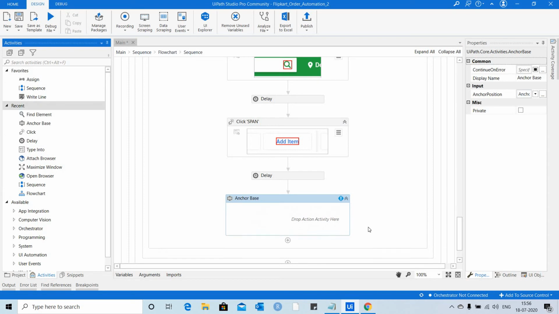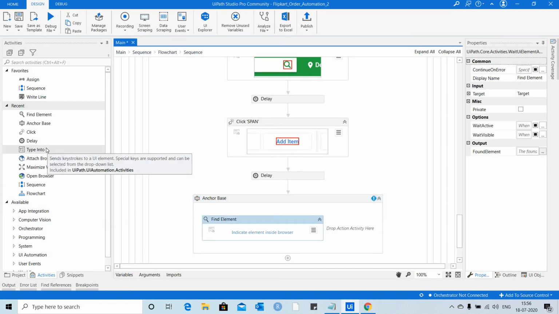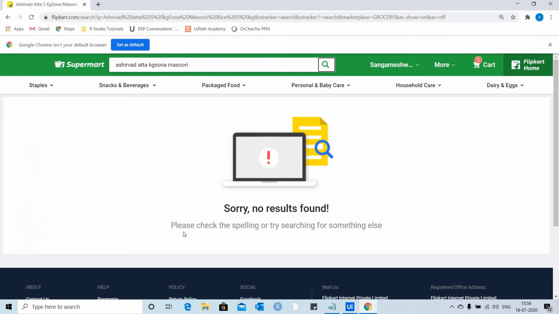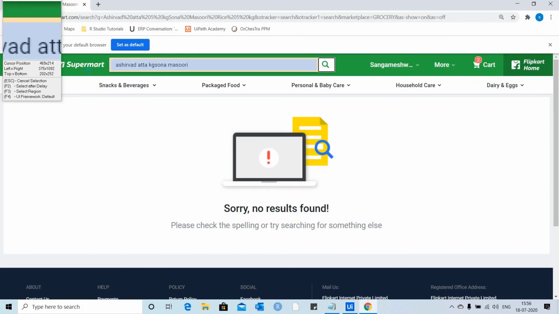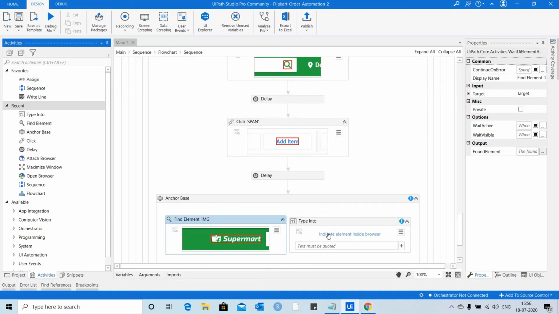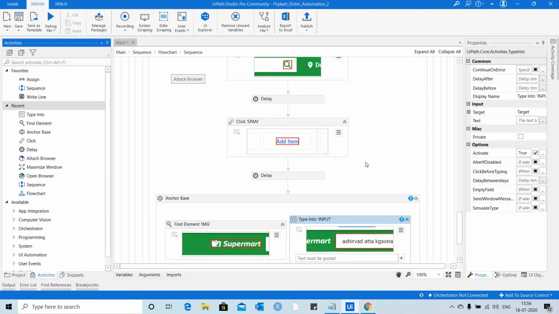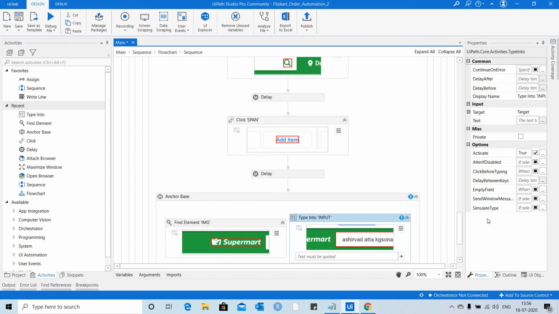I'm going to use Find Element here, and then Type Into here, and for reference, I'm going to use this logo, and for Type Into, I'm going to use this search box.